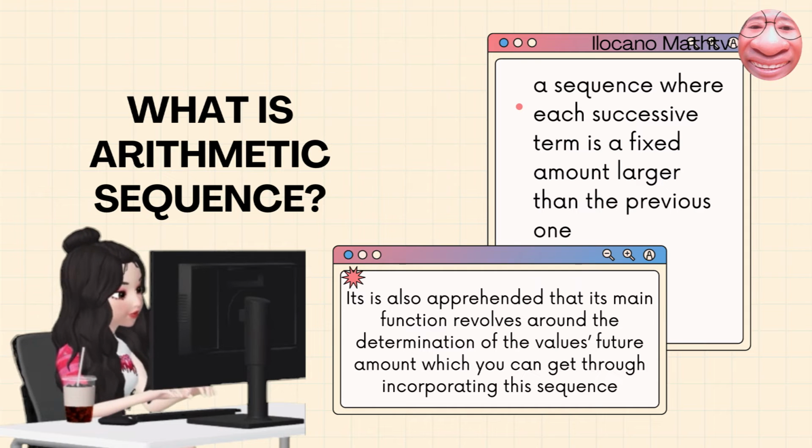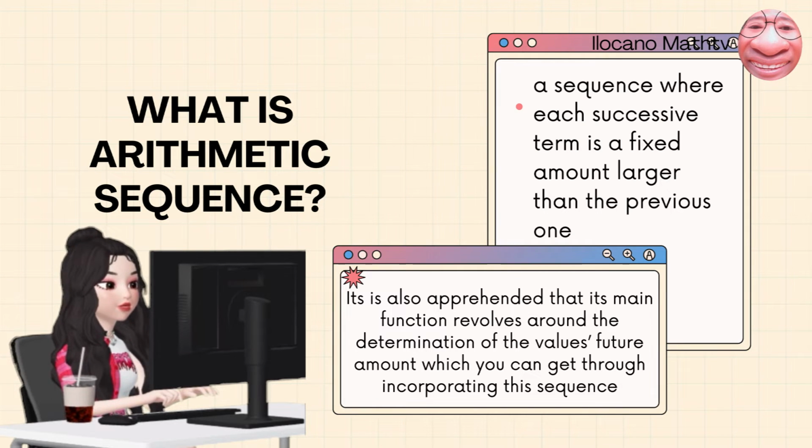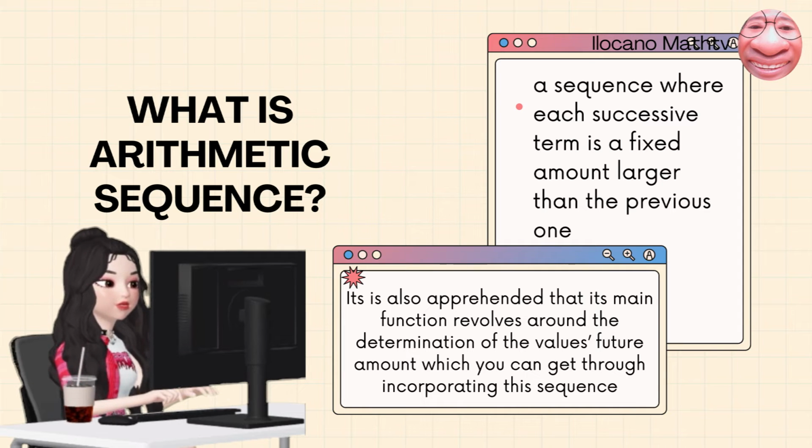So, what is an arithmetic sequence? As starters, we can define an arithmetic sequence as a sequence where each successive term is a fixed amount larger than the previous one, either as explicit functions of the term you're looking for, the index you're looking at, or as recursive definitions. All are subjected to the series of each and every number. It is also apprehended that its main function revolves around the determination of the value's future amount, which you can get through